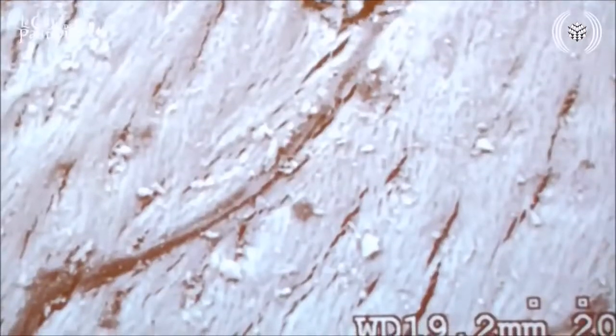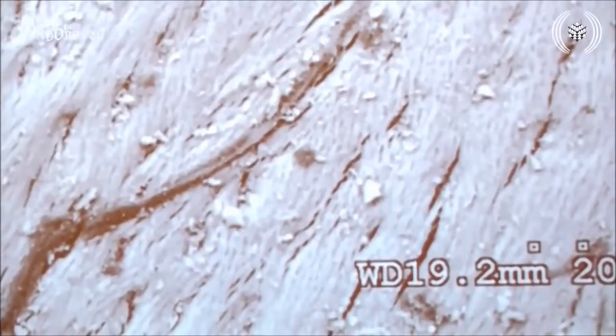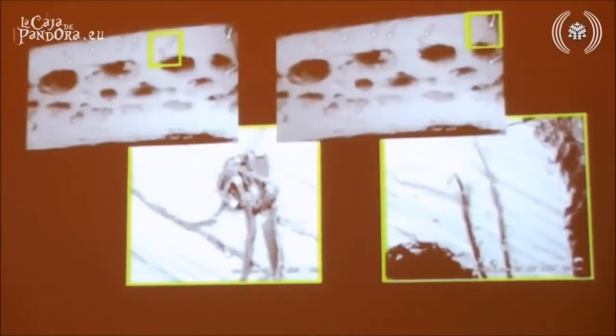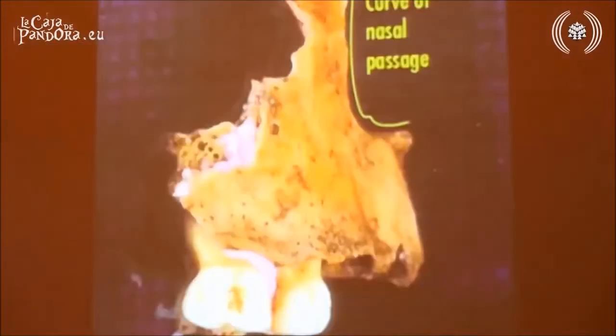And here we see one clearly embedded in the matrix of the bone on the surface. I mean, there's just no doubt about it. And you know what science says about this? You probably dropped it on a carpet and it picked up carpet fibers. I mean, really, that is the answer that I get. It has to be just fibers off a carpet or something. This can't be, it really can't be in the world of mainstream science, but there it is.